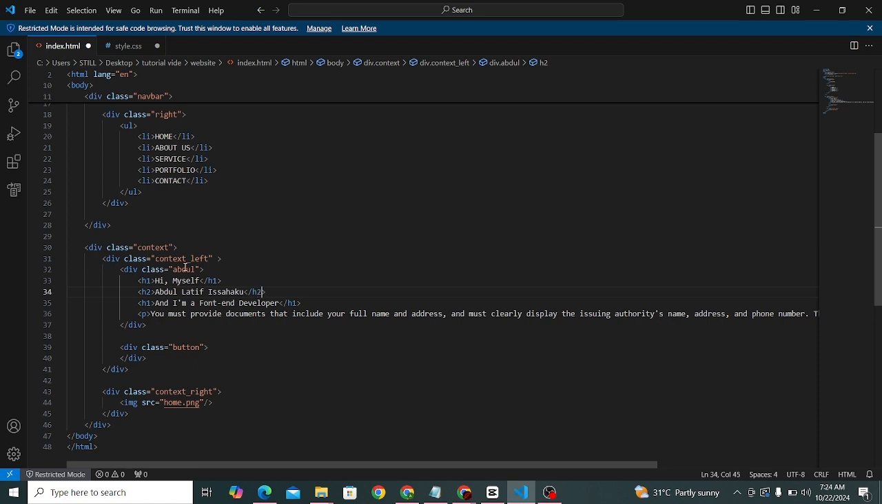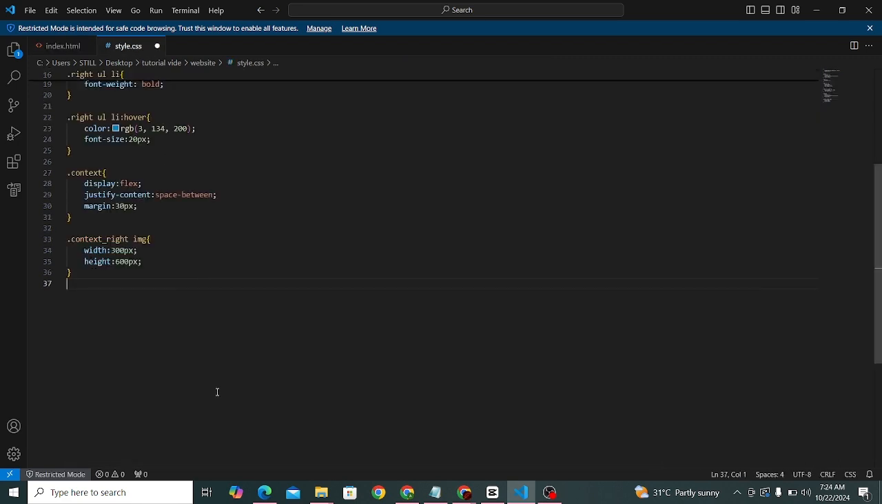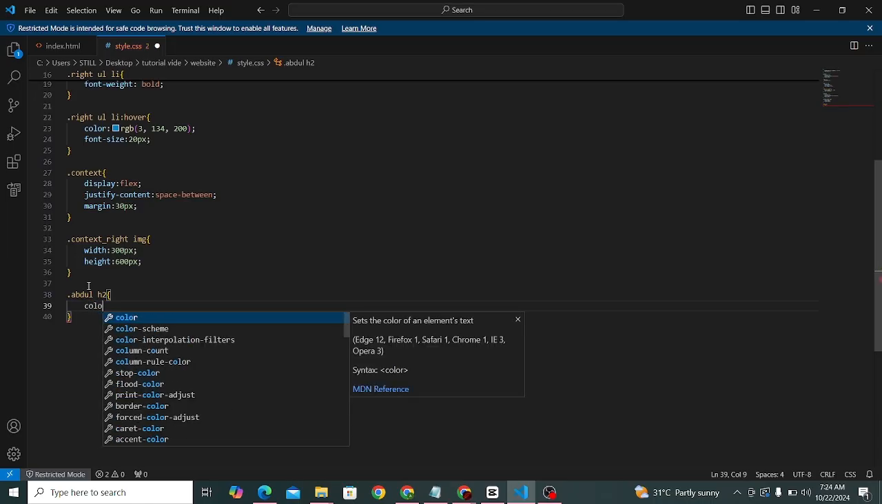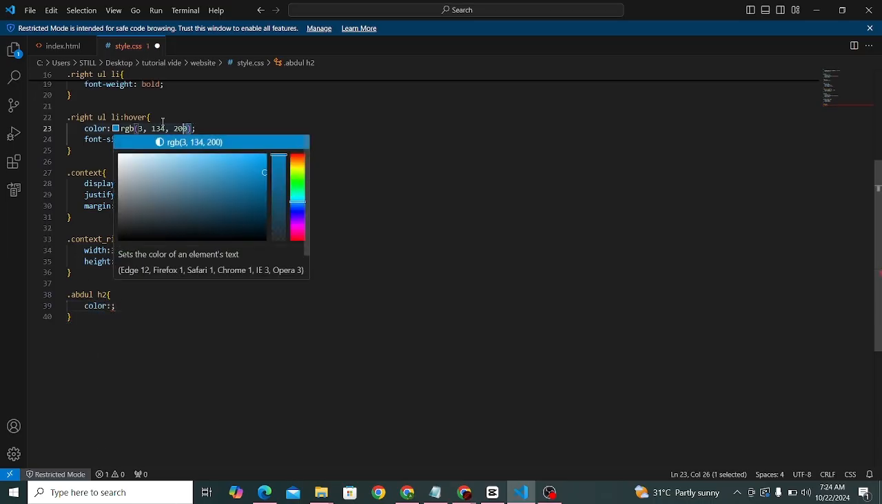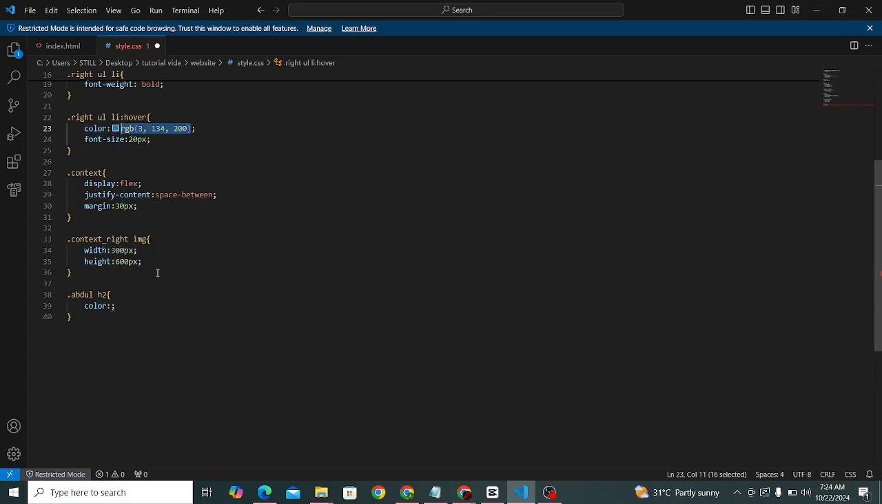Now let's call the name and make the change. So go to CSS. The class name is .abdul. Then we are changing the h2 tag. So curly braces. Now let's give it a color. Colon, semicolon. Let's just give it the RGB value, this color. Now let's copy it. Now let's paste it. Now when we save it,